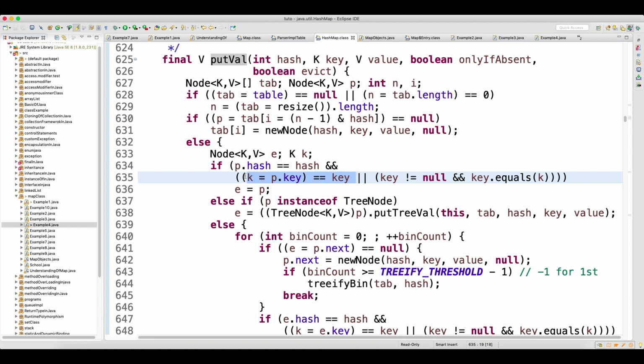If this hash matches and the key matches, if both match, then it will do E is equal to P, which means whatever you had previously will get overridden with the new one. What is P? P is the new object, E is the previous one, it will get overridden. E is equal to P. You can see that here your object is the same, test, your hash code is also the same, and you are not overriding the equals in your code, so it will get replaced with the new one.